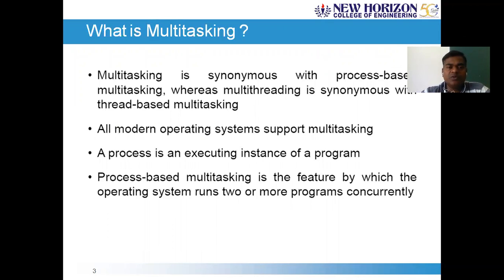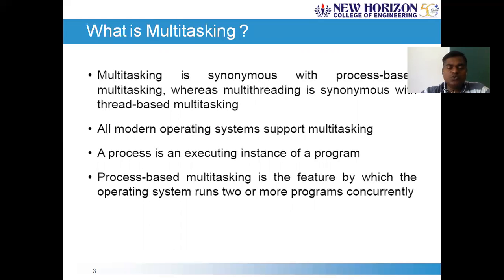A process is a program in execution, and we also call it a heavyweight process. A thread is one of the controls, or a part of the process, and in short we call it a lightweight process.